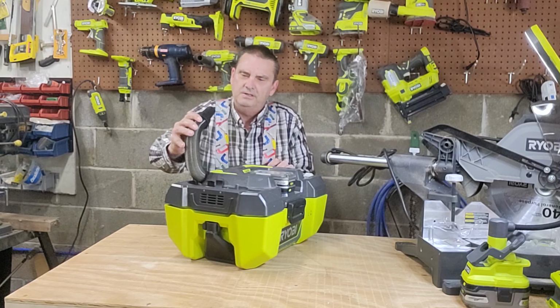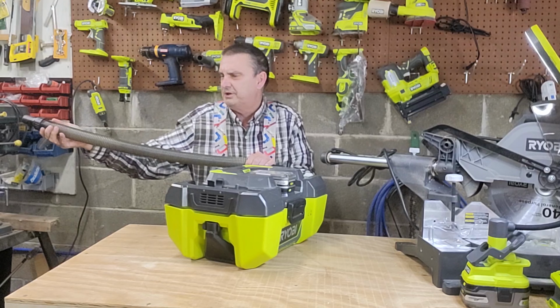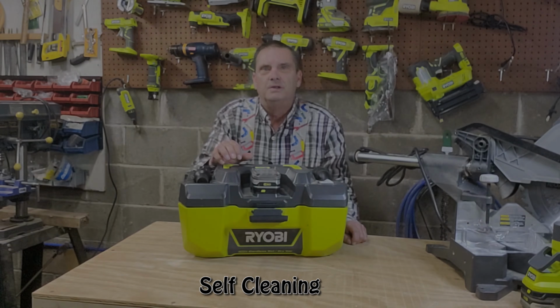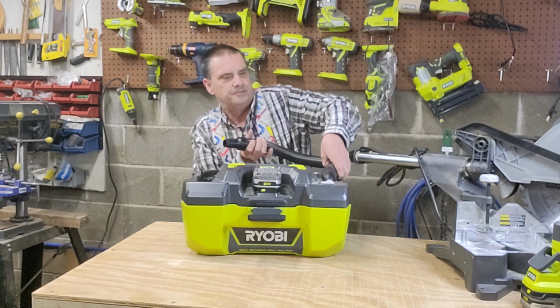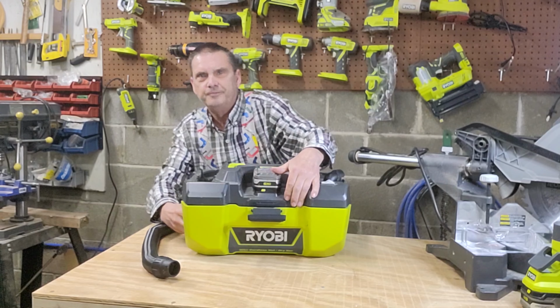The only thing that I wish it had is I wish the actual hose was a little bit longer and stretchier, but I understand the onboard storage. And the one thing that's really cool is what I can do is I call this self-cleaning shop vac. Take your hose off,